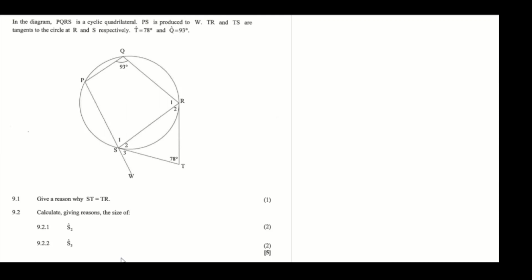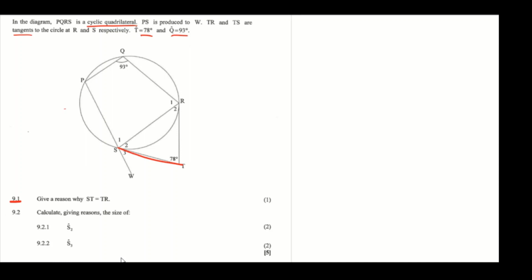You can pause the video and attempt the questions below. Anyways, in the diagram, PQRS is a cyclic quad, so that's the information you're given. PS is produced to W, TR and TS are tangents to the circle at R and S. Angle T is equal to 78 degrees, angle Q is equal to 93 degrees. Sometimes the information is indicated in the circle, sometimes it's in the statement, so please take note of that. Anyways, in 9.1, we are asked to give a reason why ST is equal to TR,